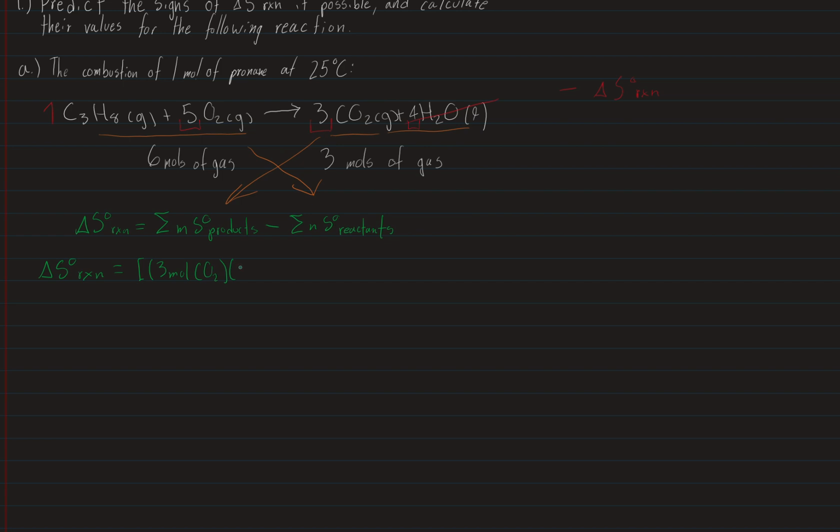So the entropy of CO2 is going to be 213.7 joules per mole Kelvin, and this is going to be plus 4 moles of H2O times 69.940 joules per mole Kelvin. And all of this is going to be minus